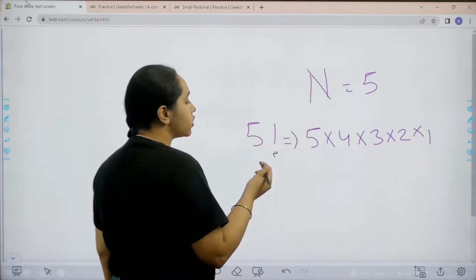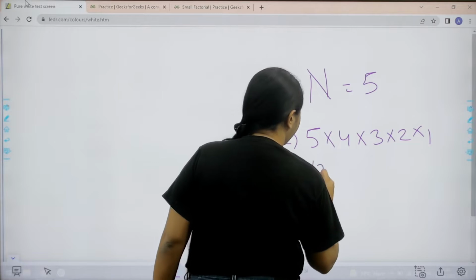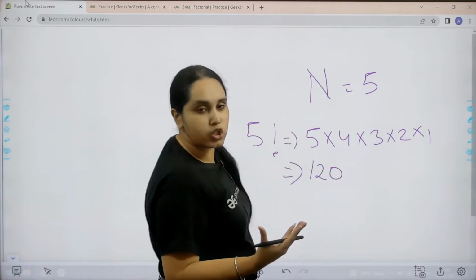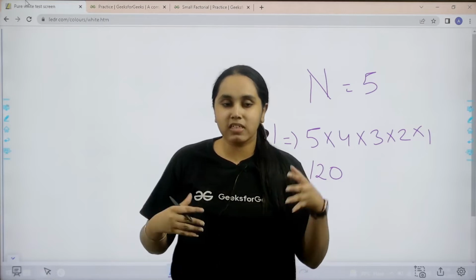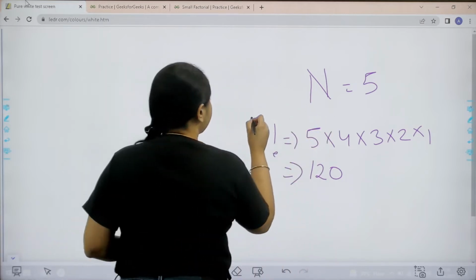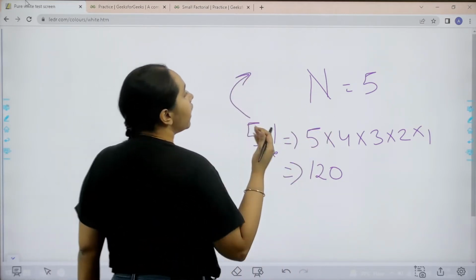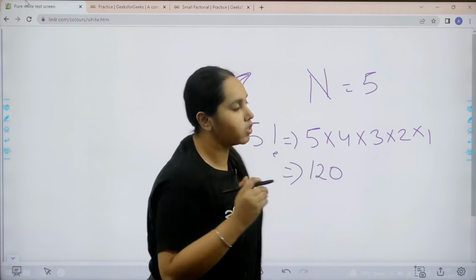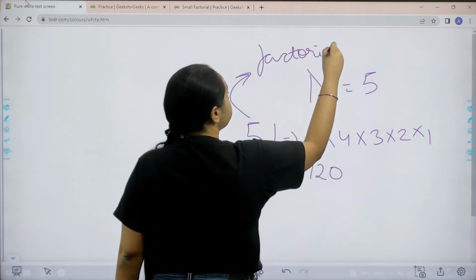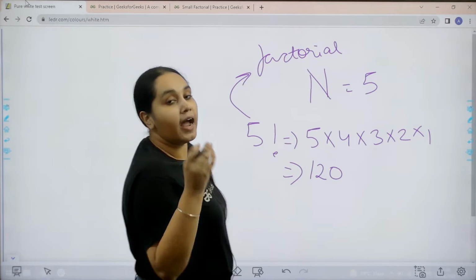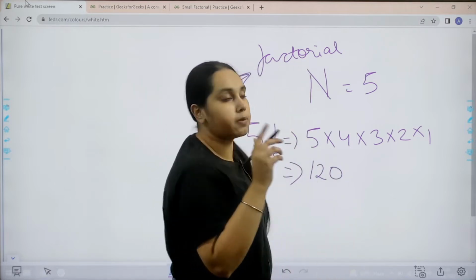Now to solve this question we have many different ways, like you can do recursion and you can do backtracking. That gets quite complex. So in Python what we can do is simply use an inbuilt method, factorial. We can just directly use the inbuilt method factorial, and to use this method the first step would be